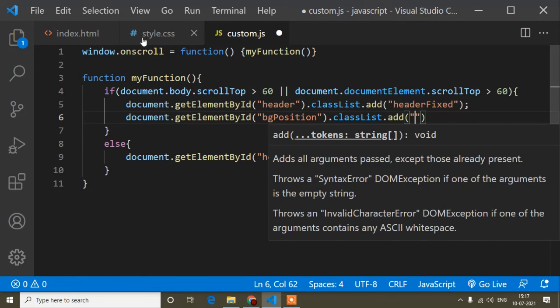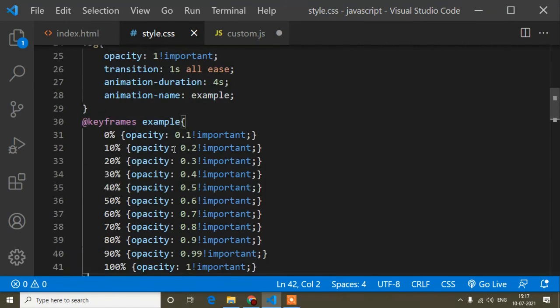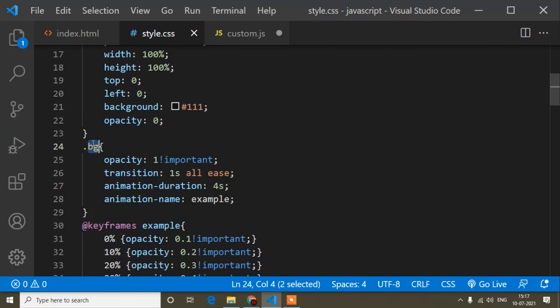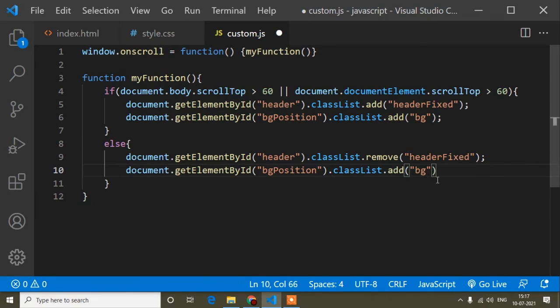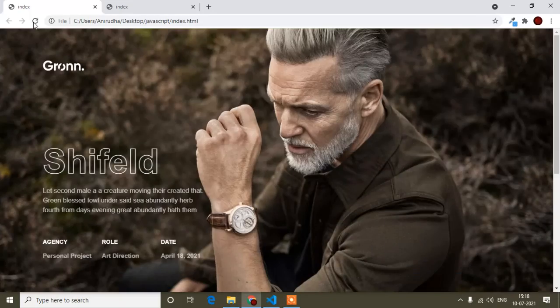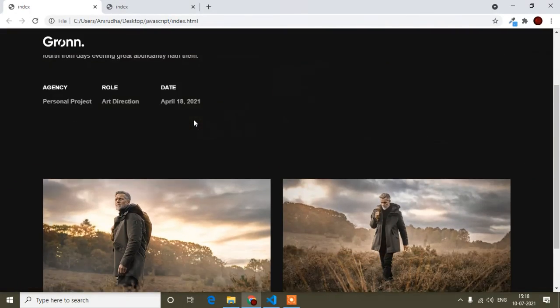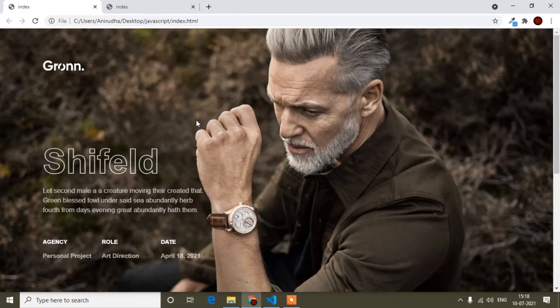For this bg position I have already written the class bg, so I will add this class here, then copy and paste, and write remove. So this is done. Save and refresh. If I scroll, you can see the site is done.